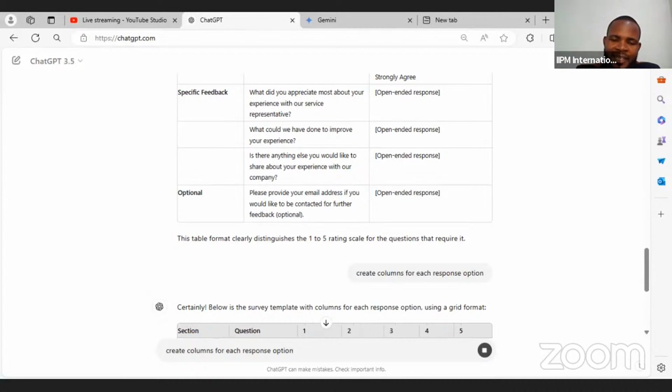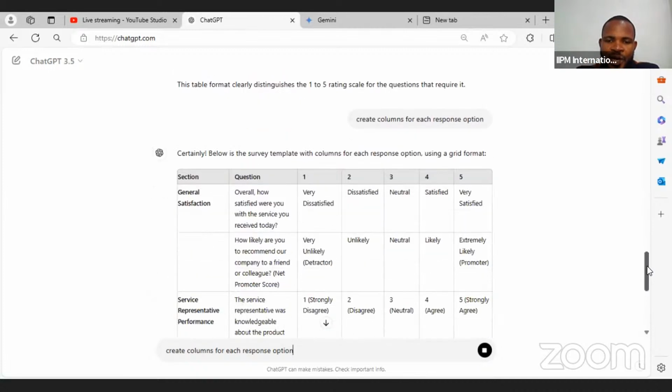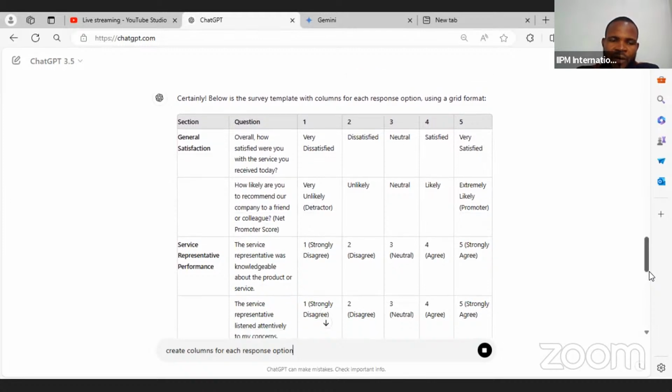Oh, beautiful. Now, this is exactly what I am looking out for. I want a section to give the parameter we are checking out for, then the question or questions that we are looking out for. Then all I want to do is to tick. Now, I still want it better, so I'm going to say